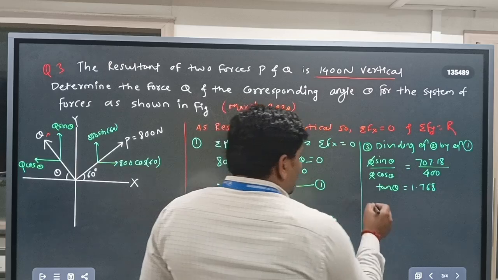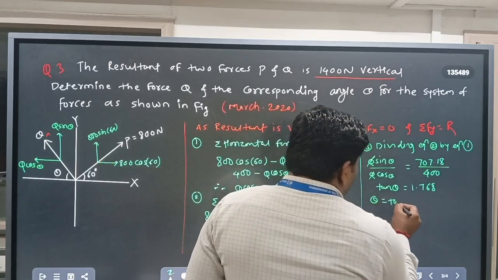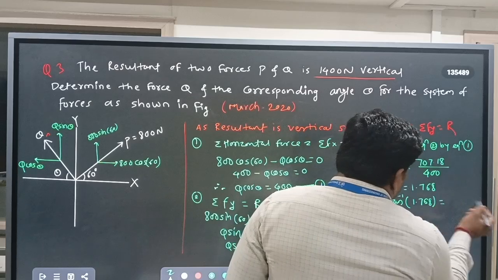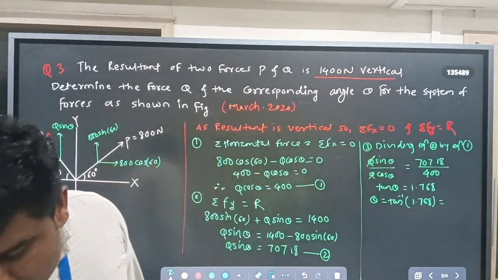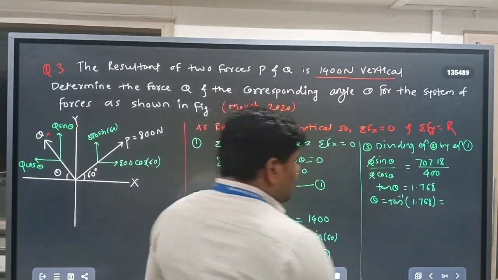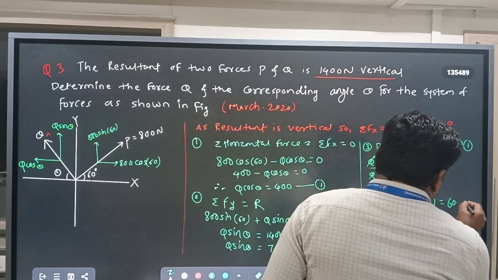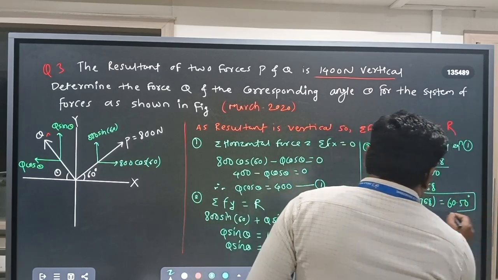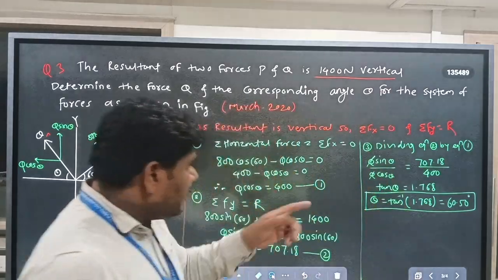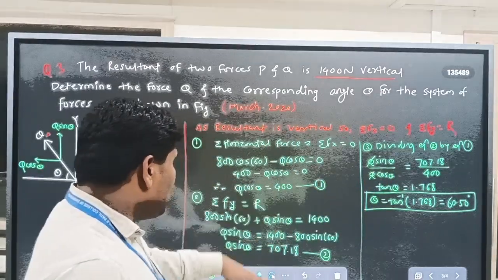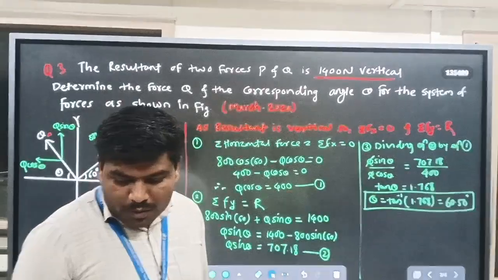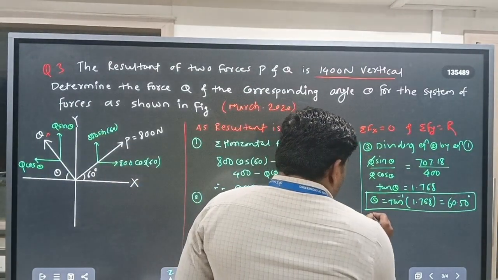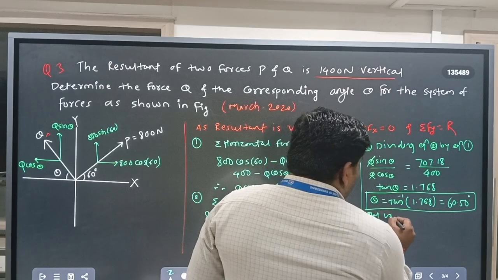Okay, so theta is equal to tan inverse of 1.768, and that is nothing but 60.50 degrees. This is the value of theta. Put this value of theta in equation 1 or equation 2. In any equation you can put it. So let's say we put the value of theta